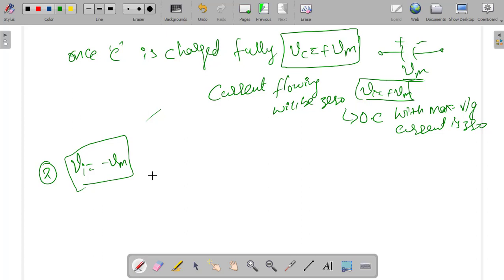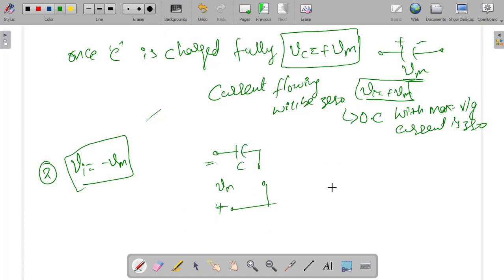But where is the capacitor's discharge path? There is no path. Whenever you observe the circuit, this is the capacitor, and it starts discharging whenever Vi is equal to minus Vm. At this point, the capacitor starts discharging, but your diode is open circuit, because the negative potential at the input makes the diode open circuit. Open circuit means the capacitor has no path to discharge. The capacitor doesn't have any path.